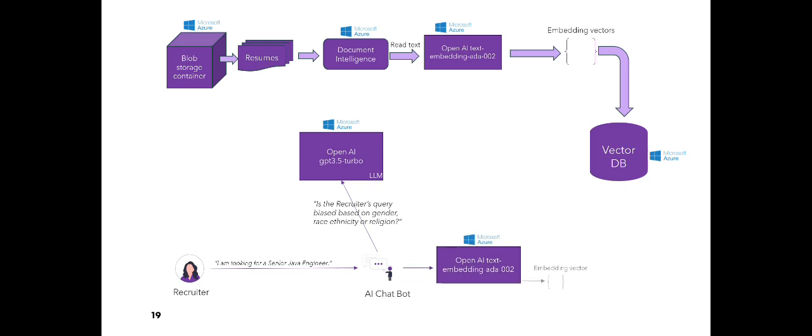It then generates a query vector embedding, which is now fed to an AI search which uses vector search based on cosine similarity. The query vector embedding is now used by AI search to find the top k closest resumes to the query right there based on cosine similarity. The top k resumes are retrieved from the vector database